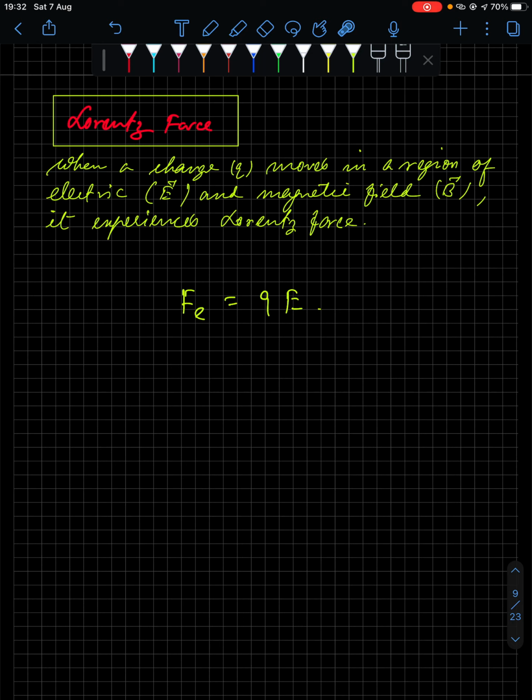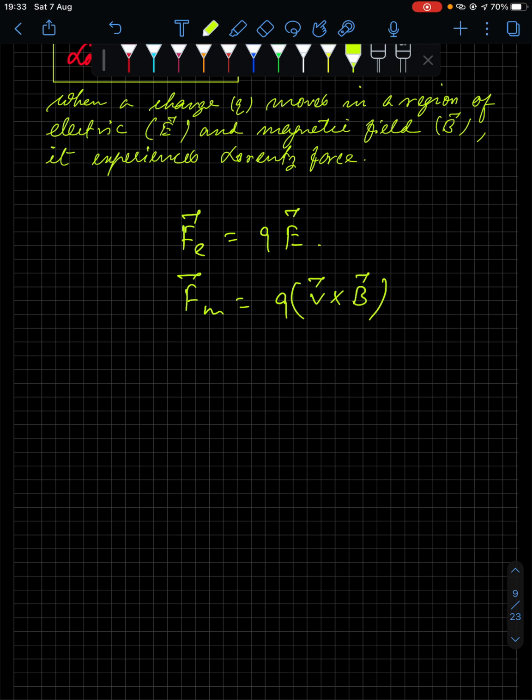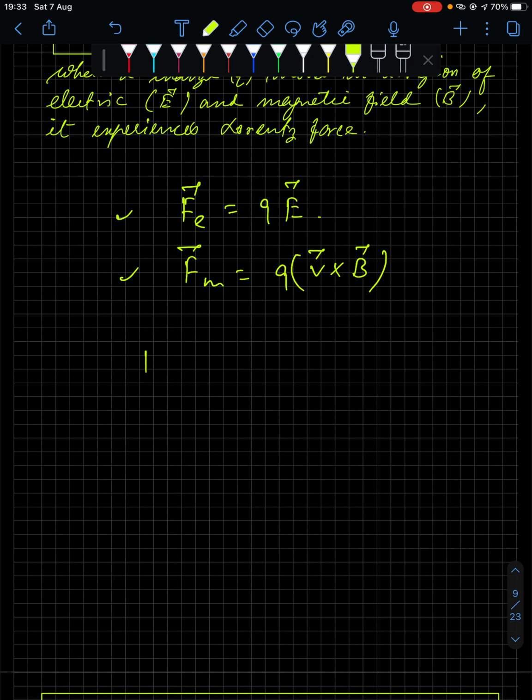Okay, now if you don't remember this relation, I hope you have read about electric force in class 10. In class 11 you will be reading that in the first chapter. Electric force is given by QE. Now about magnetic force, we read just now that the magnetic force relation is QV cross B. In vector form you will put it in this manner. Electric force is also a vector, electric field is also a vector, therefore the relation will come out like this.